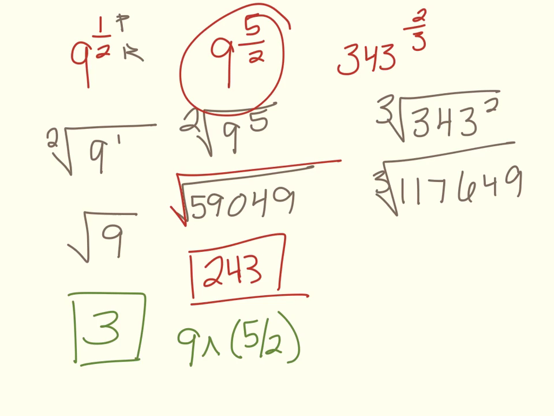Well, one way you can do that is start with 117,649. It is not divisible by 3. Let's see if it's divisible by 5. It's not divisible by 5. Is it divisible by 7? And the answer is yes. So I can divide it by 7, which is